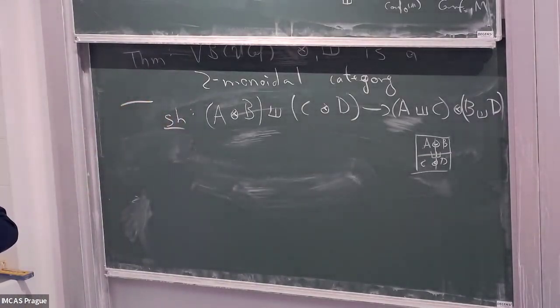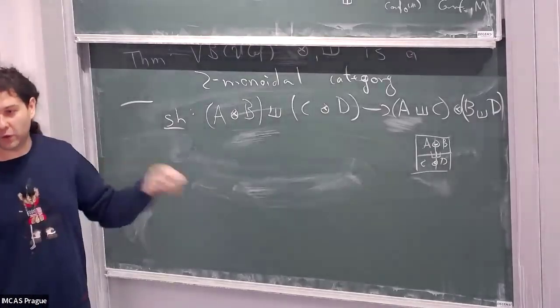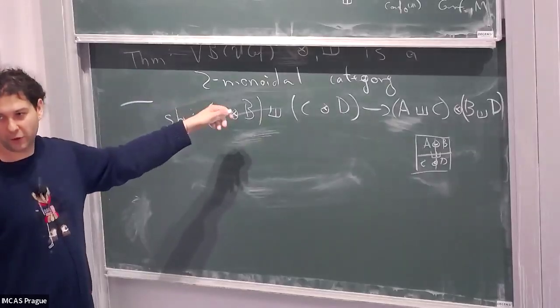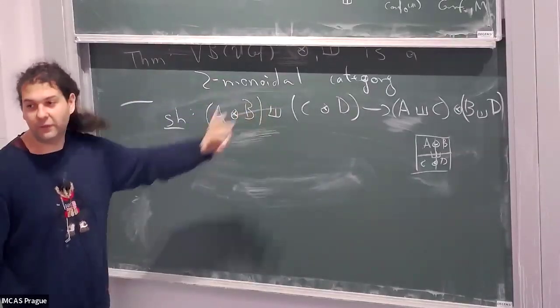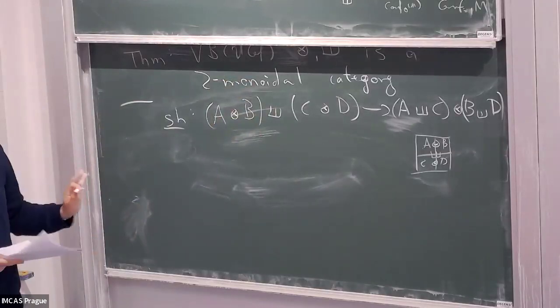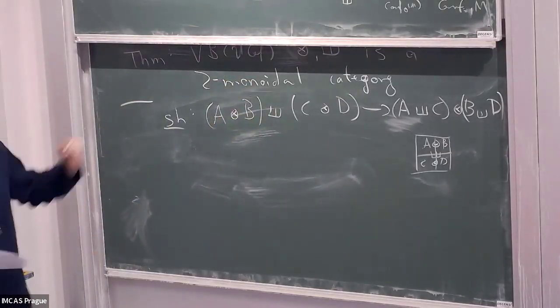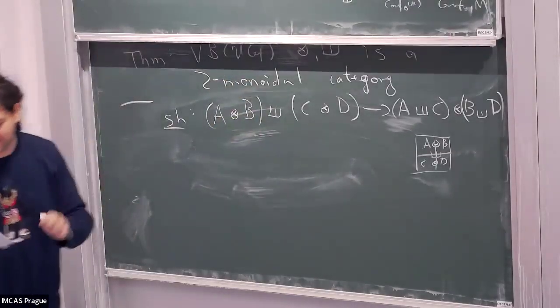The reason why the two monoidality is interesting is that there is an approach to getting from classical field theory to quantum field theory by Borcherds, which is formalized using two monoidal categories by Stanislaw Herskovich. So we stay in a framework which eventually in the future hopefully will allow quantization.